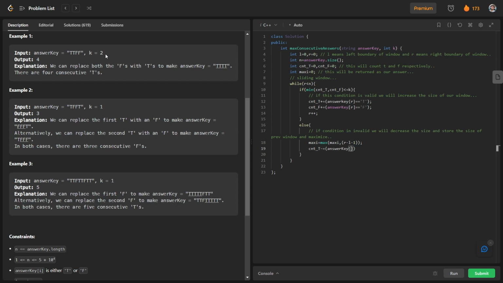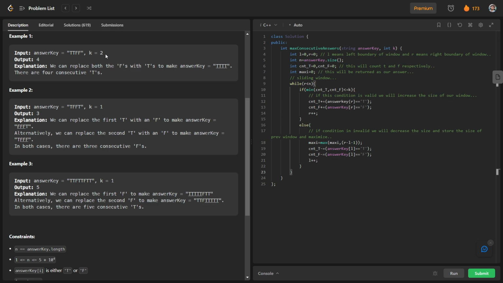If our answer key of L is t, then we will decrease the value of count t, otherwise we will decrease the value of count f. I have written that part here also, and again we will increase the value of L.